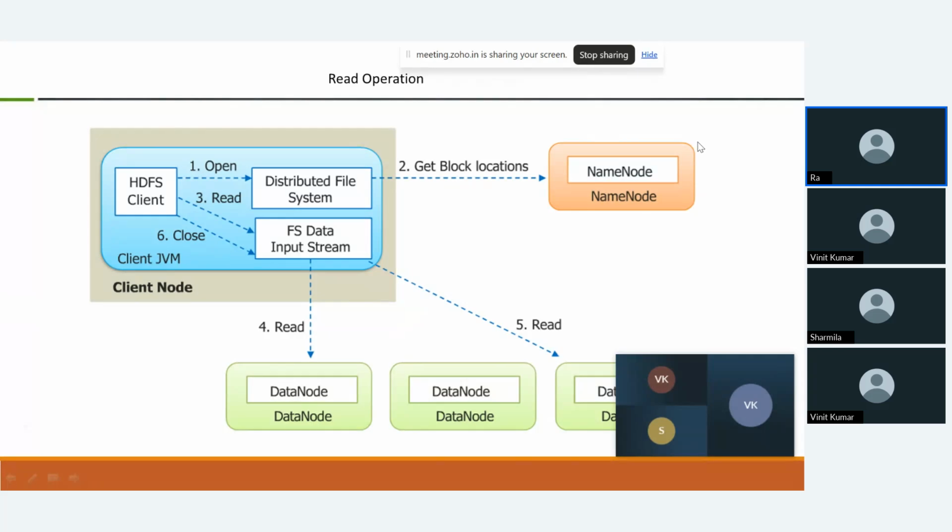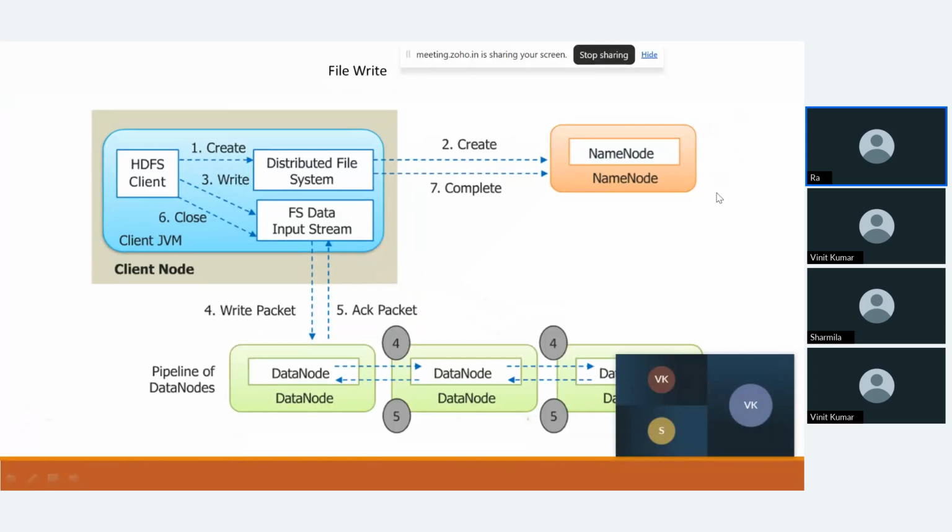each data node can connect to each other, so they know their neighbors. They write the replica to their neighbors themselves, right? This is how it generally happens, so that the process becomes faster. And in this way, we generally write the data, right? This is how the read and write